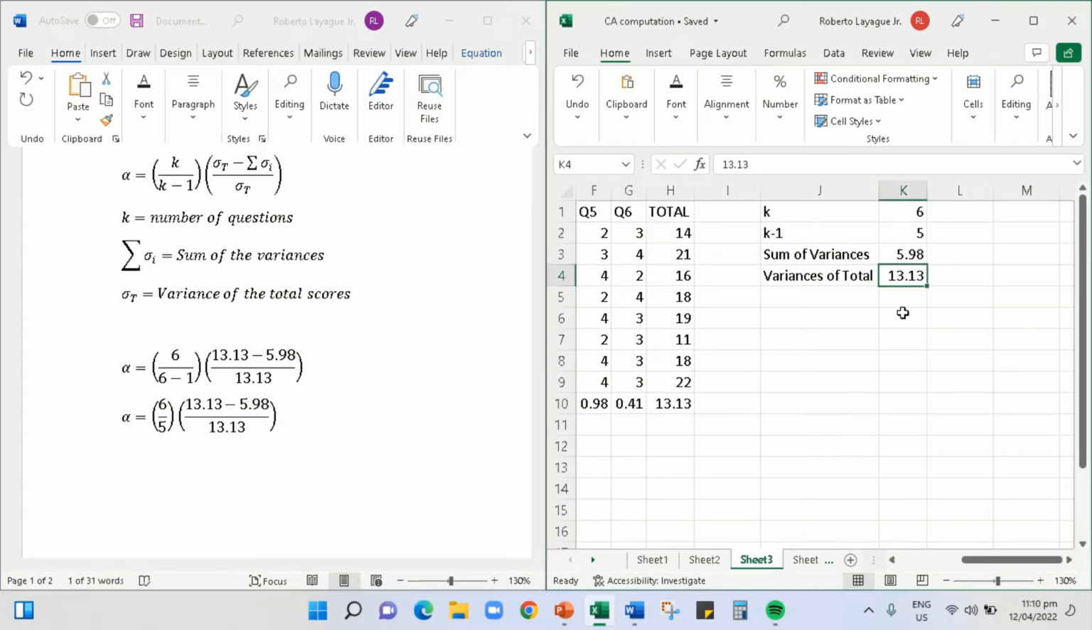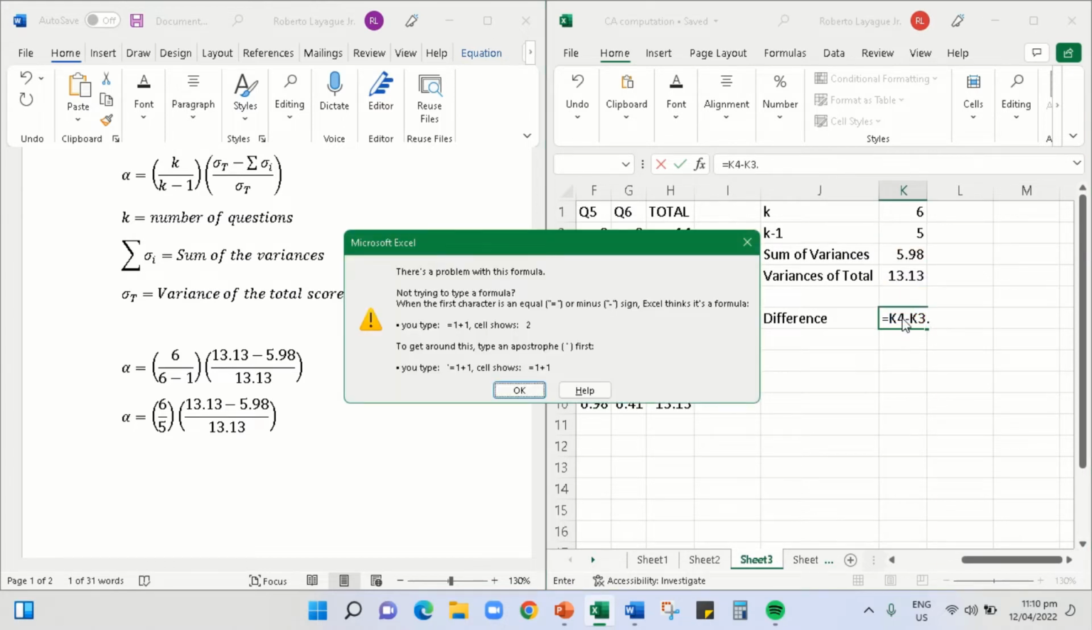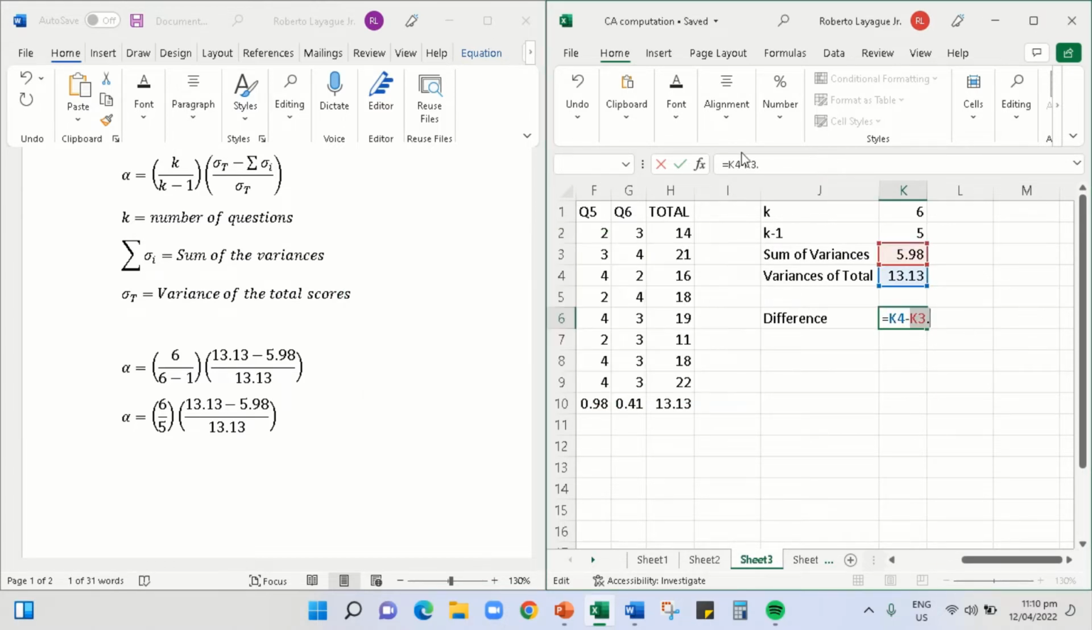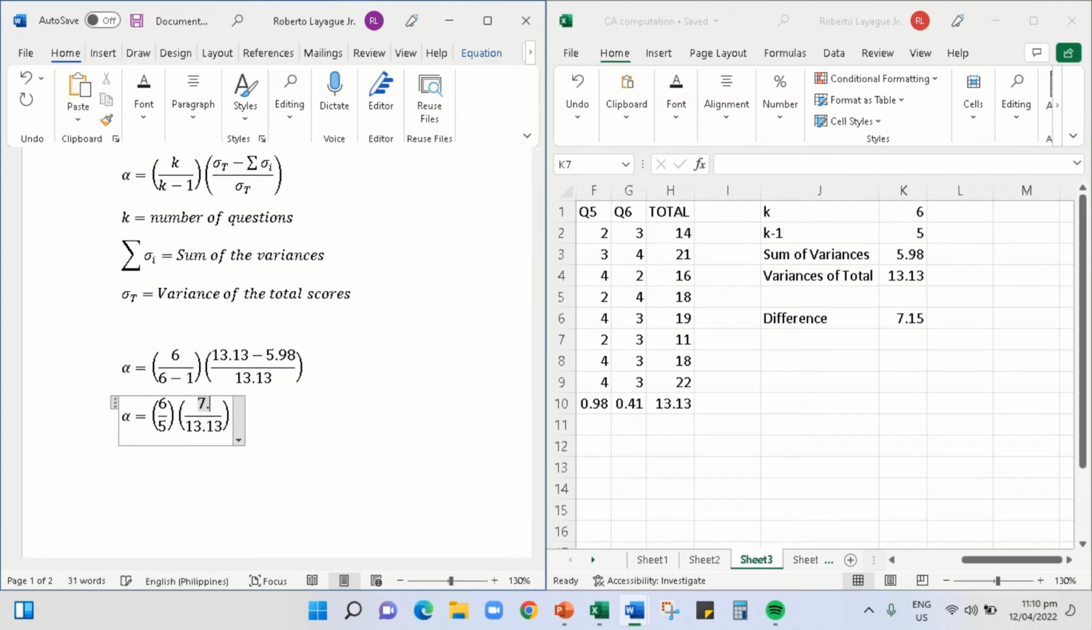So let me have that. So difference. Let me just get the difference. It will be denoted here, difference. 13.13 minus 5.98. Oops, let me have that again. So there's no dot. Okay, that's 7.15. So let me type 7.15 and then